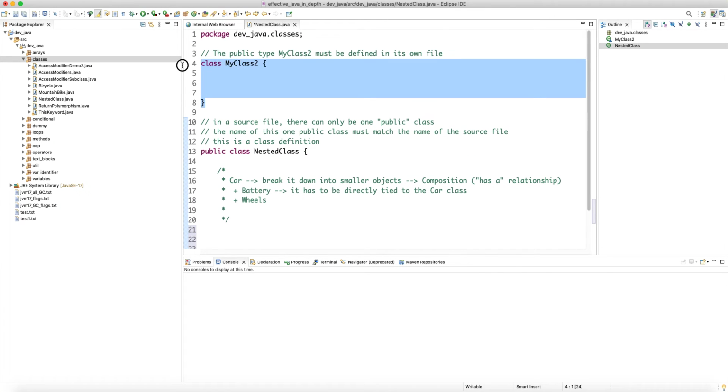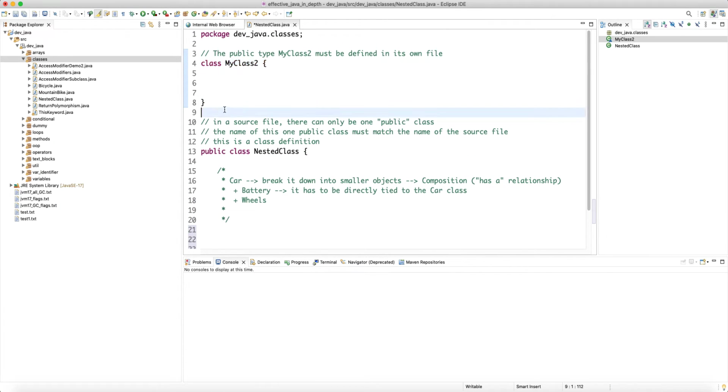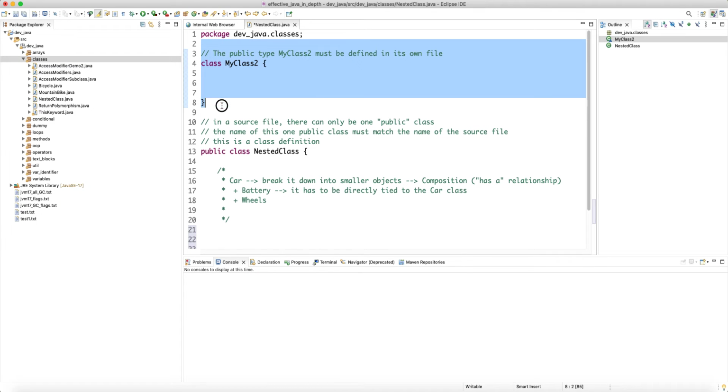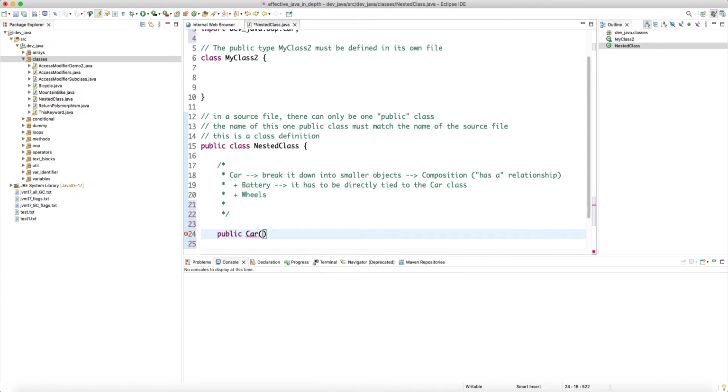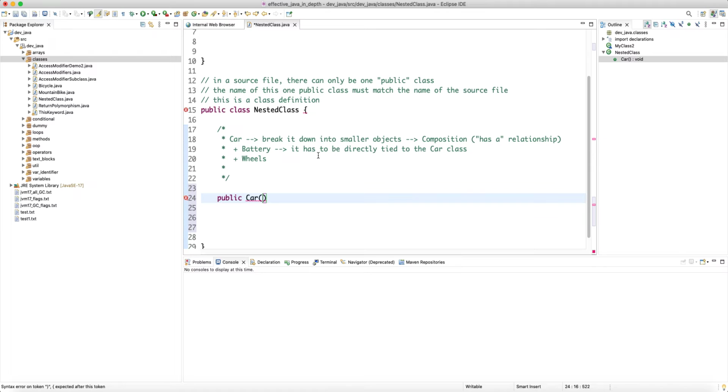Note that when we define it as a global class in the source file, it means we are declaring it in the general scope of the source file. And then it will be compiled as a separate entity, right? But here that's not the case. So we want a battery to be directly tied to the car object, which means if somebody creates an object of type car, we want that battery to be specific to that particular object, right? So let's say we say public car. We have a constructor, and then here we're going to say